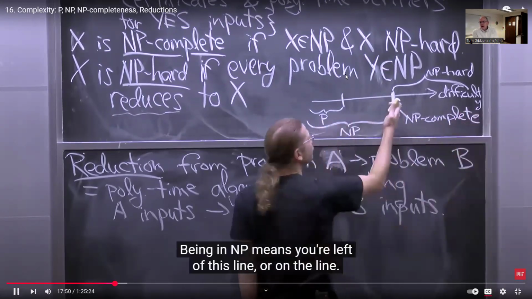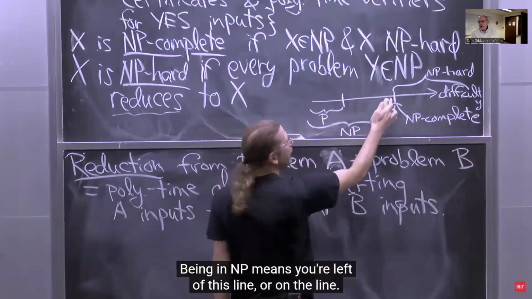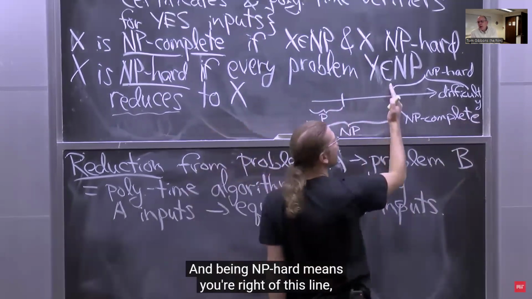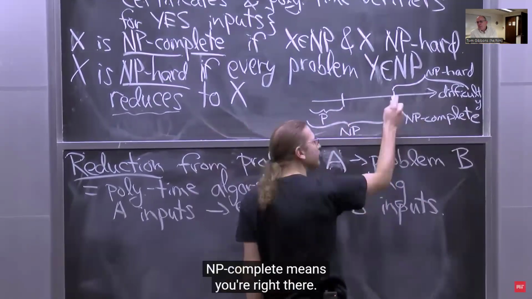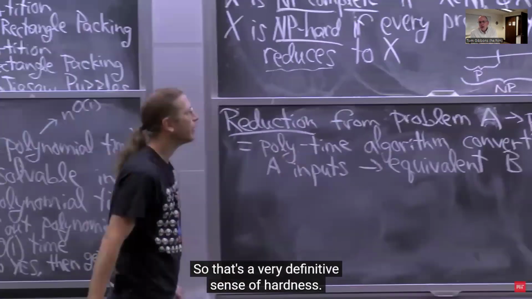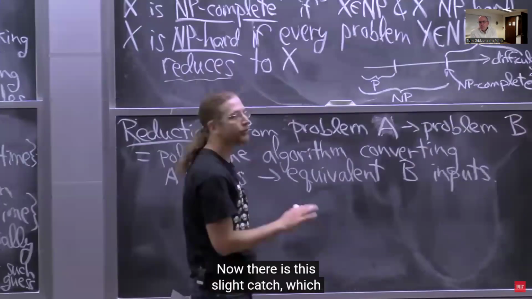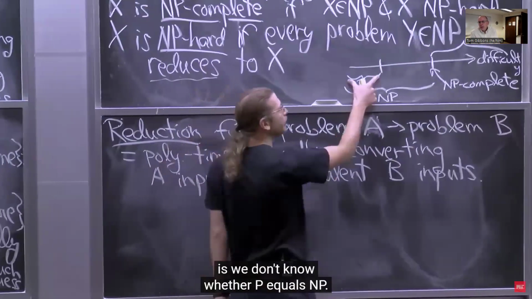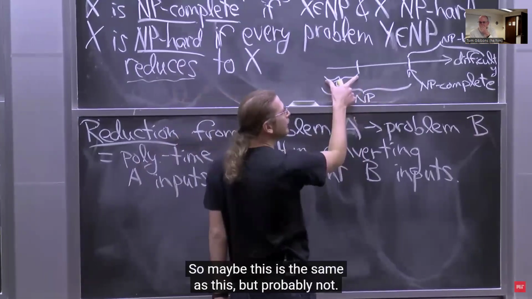Okay, being an NP means you're left of this line or on the line. And being NP hard means you're right at this line or on the line. NP complete means you're right there. So it's a very definitive sense of hardness. Now, there is this slight catch, which is we don't know whether P equals NP, so maybe this is the